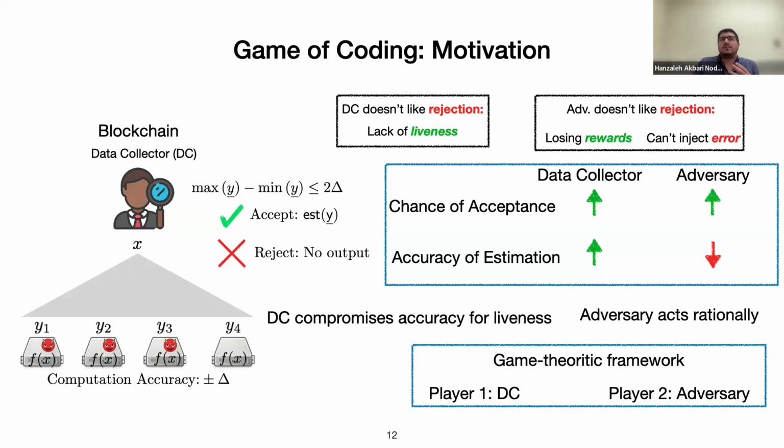And you can observe this pattern both in oracles and also in decentralized machine learning, and anything where you have some computation outside the chain and you want to report something on the chain.